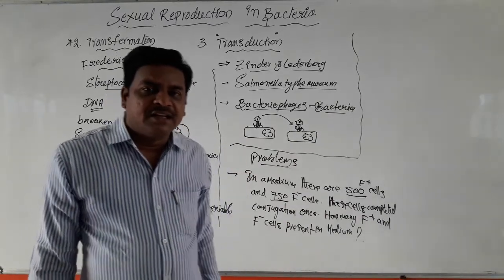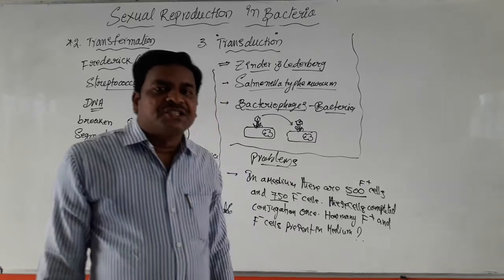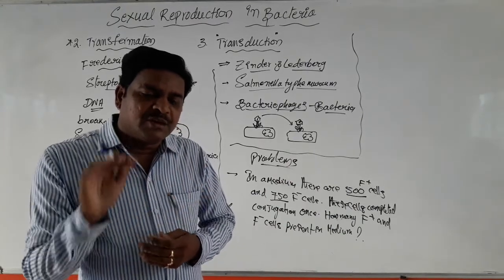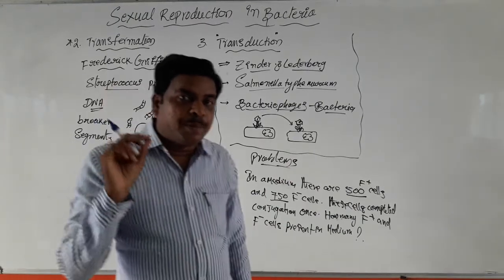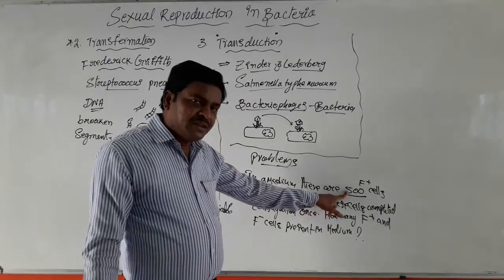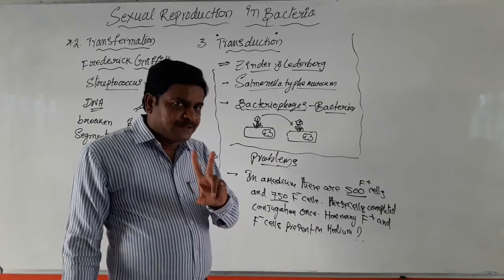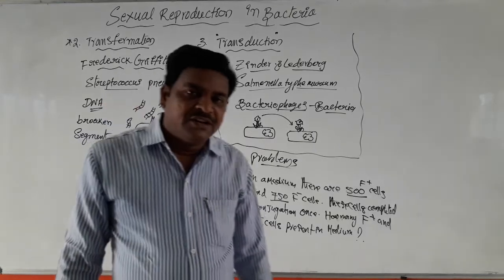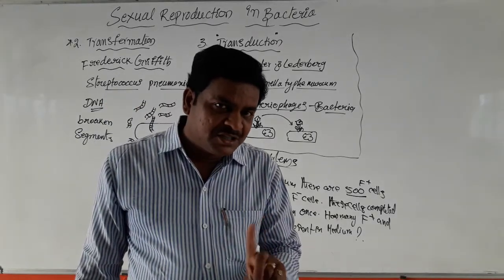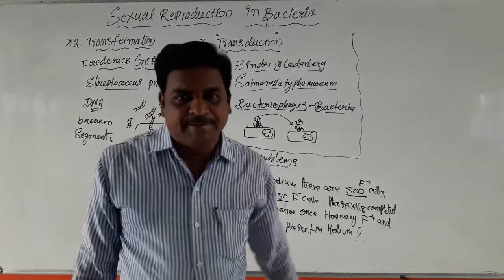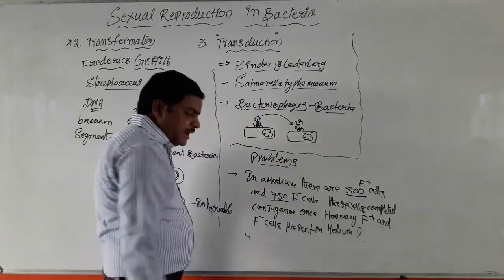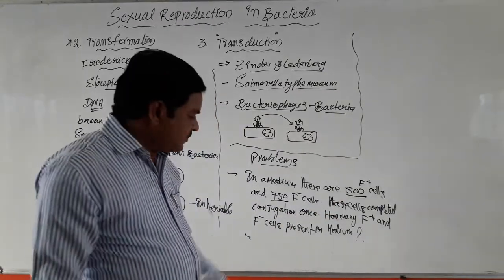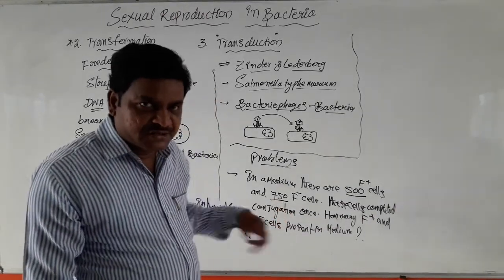You know the concept of bacterial conjugation: plus and minus cells come close together. One plus cell and one minus cell come close together. They establish a conjugation tube. Now the plasmid present in the F plus cell duplicates into two copies. One copy migrates to the minus cell. At the end of conjugation, the minus cell that participated in conjugation becomes a plus cell. So here, 500 plus cells are conjugated with 500 F minus cells.